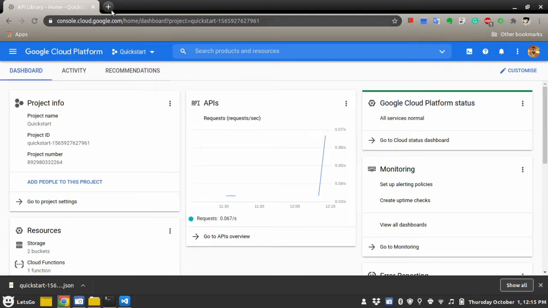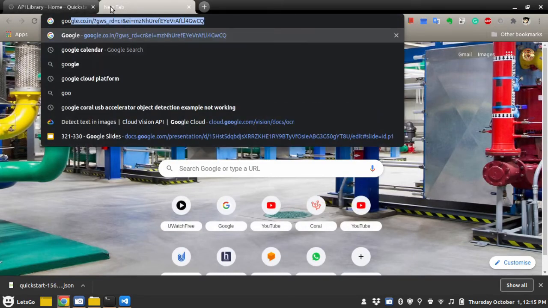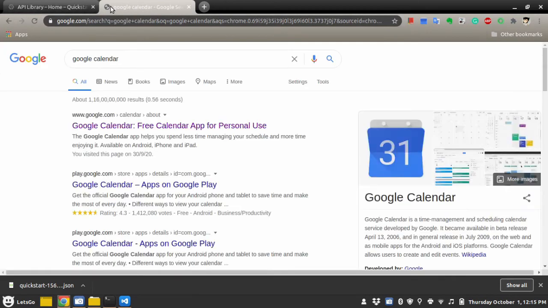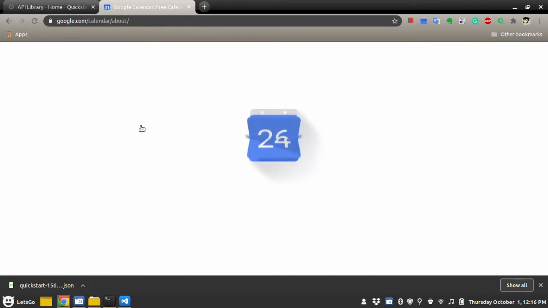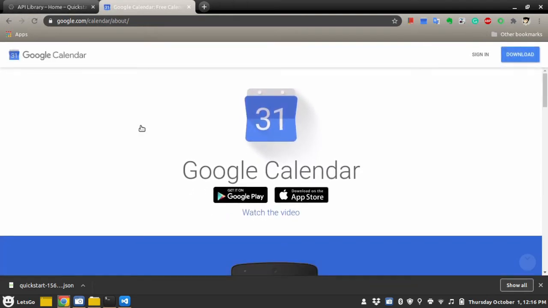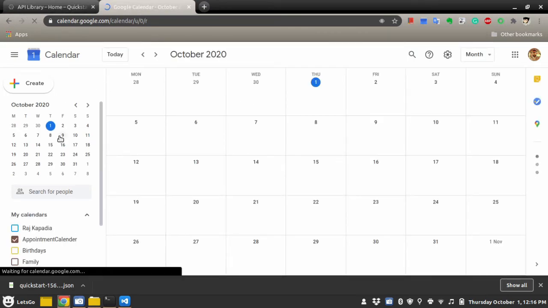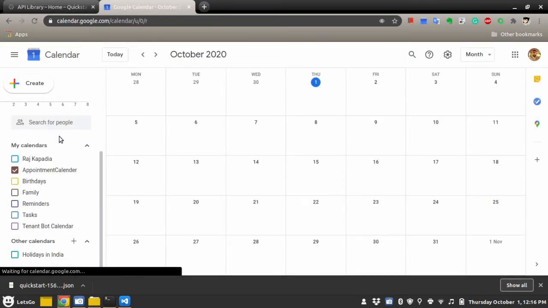Let's go to the next step of the process, and that is to create a new Google Calendar and give access to the service account to add and create new events into the calendar. So for that, what we will do is we will create a new calendar by clicking on this button.